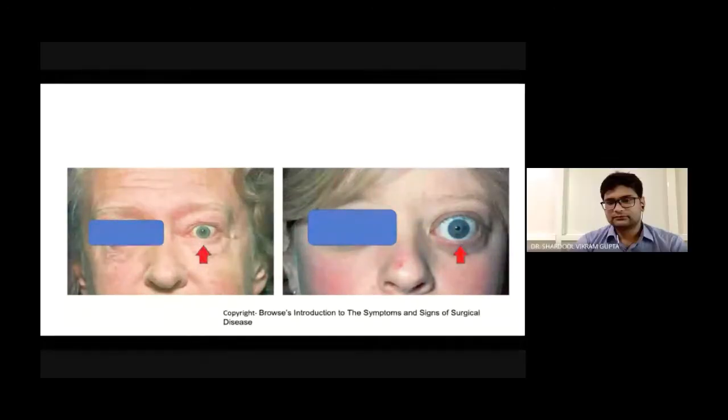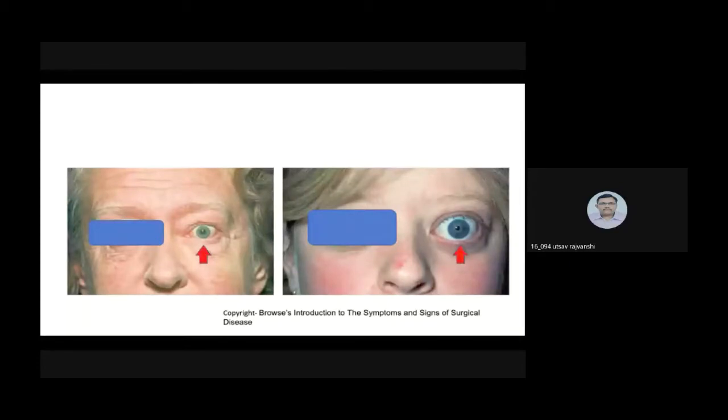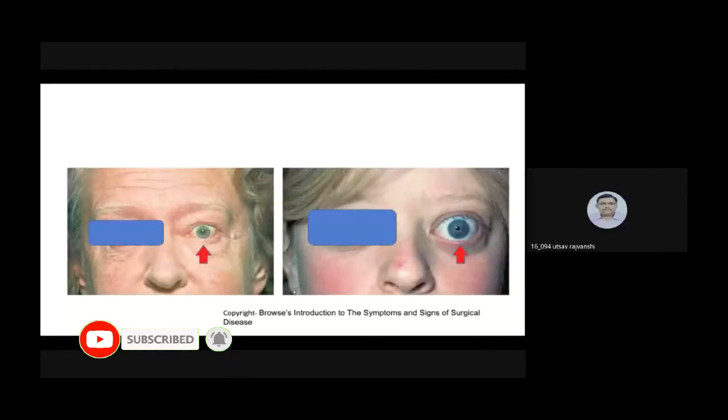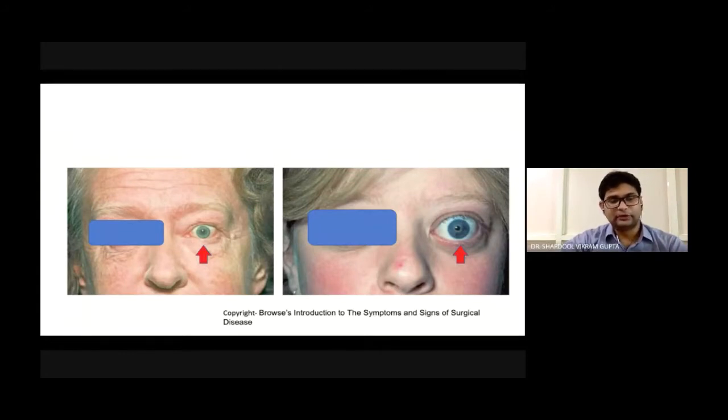Good afternoon, sir. Good afternoon. Sir, in the right photo, the lower limbus is not in contact with the eyelid, and the pupil also appears more constricted than in the left photo. Okay. Miosis. Rightly spotted, and this is one of the important findings. In the lecture, I will clear it to you. These two pictures are different, and the diagnoses of these two pictures are different. In the subsequent slides, I will let you know what the difference between these two eyes is.